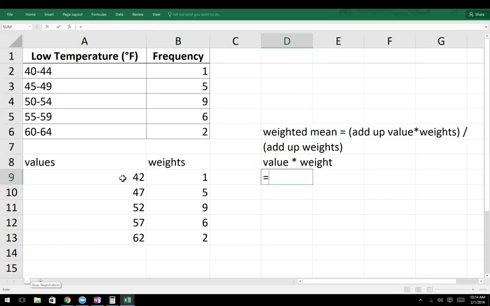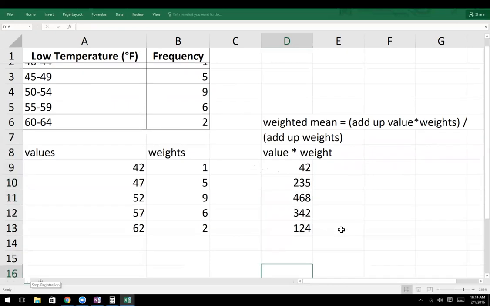So to do value times weight, I go value times weight, right? Once I do one of them, I can just grab the little box, pull it down, and it'll do the rest of it. Okay, so there's my value times the weights.